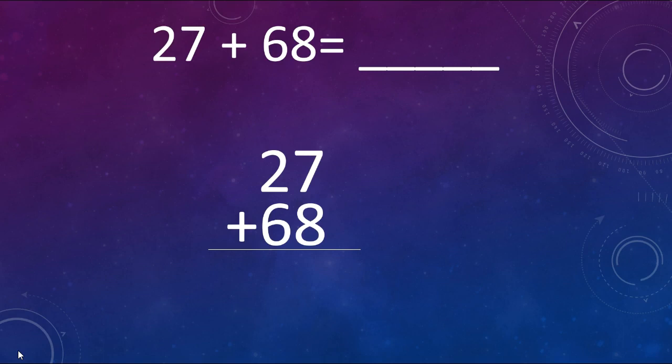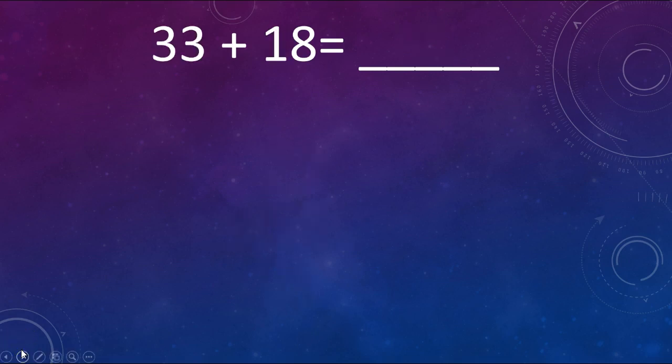So, in the number 15, which number are we going to put in the ones place? The 5. Good. And which one are we carrying over here to the tens? The 1. So what is 6 plus 2? And 1 more, 9. So 27 plus 68 equals